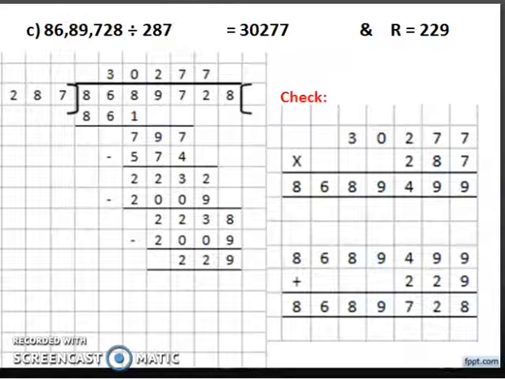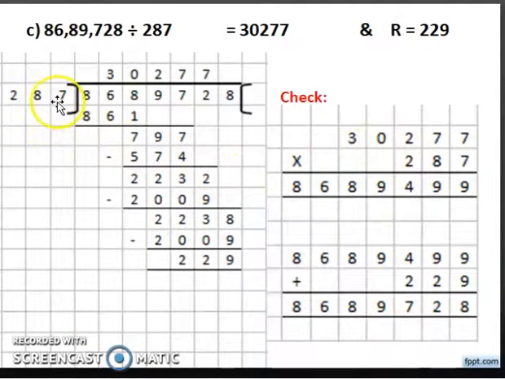C part. It is 86,89,728 has to be divided by 287. Let us see how. Again, make a rough column here. Leave some space for the checking and then make a rough column, or you can do the checking below your division also. If you have less space, maybe make your handwriting bigger, then you don't make a mess. You can do this checking, complete checking part over here below your division part. No one is stopping you, and make a neat rough column over here.